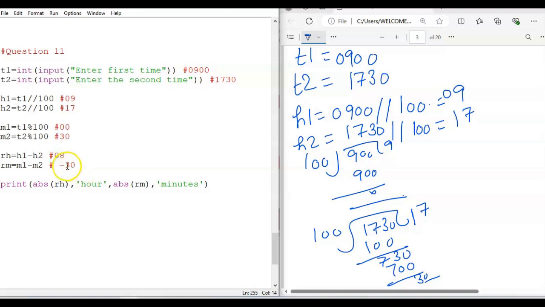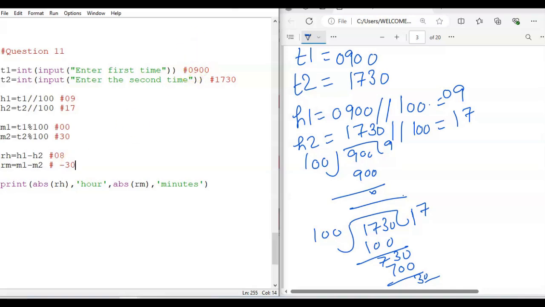Now here the value is coming as negative. You know a negative value is not possible. So when you find the ABS of this, here it is positive only, so there is no change. But when you apply the same thing to a negative value, it will be displayed in positive form. So you will be getting 30 minutes.